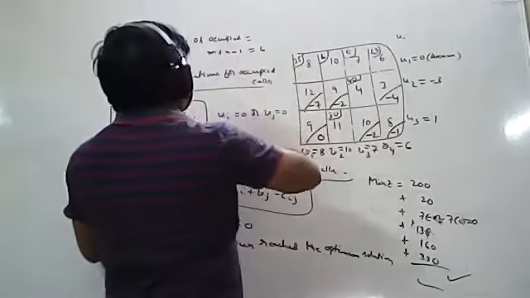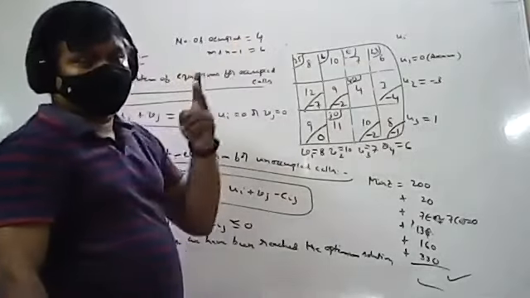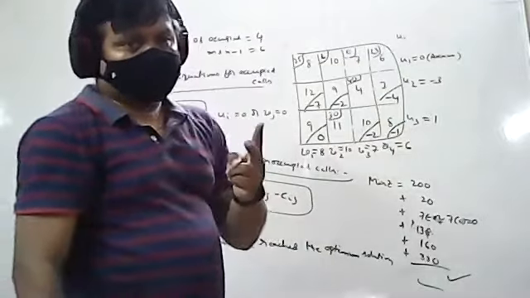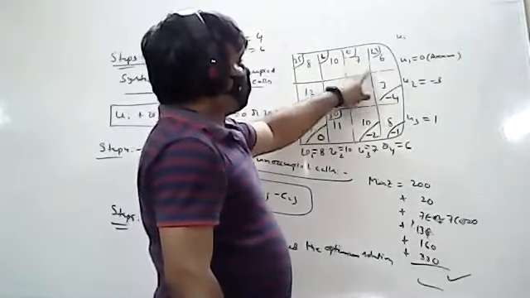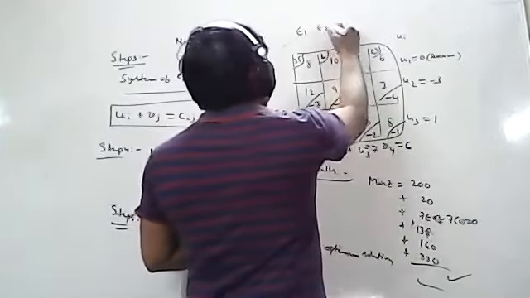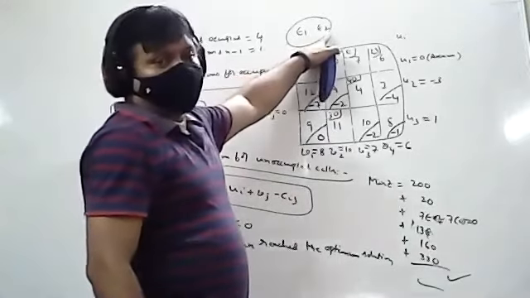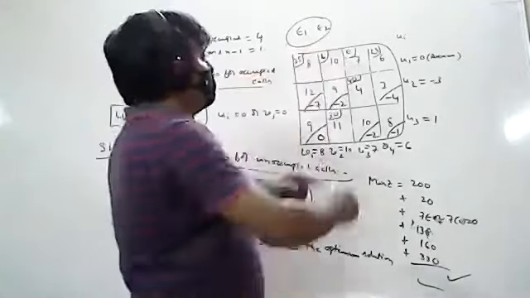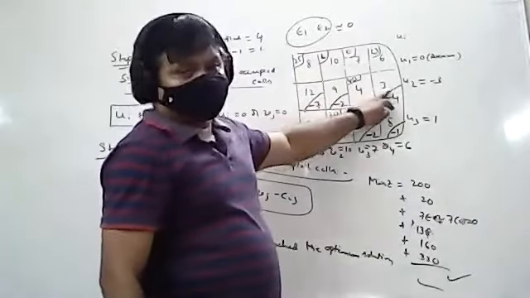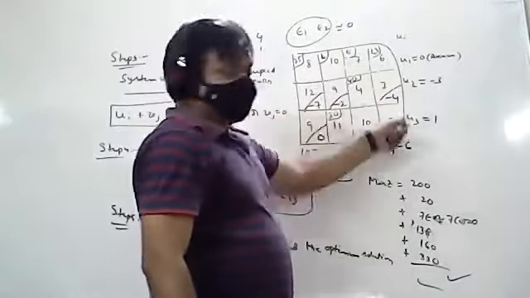Sometimes I will get only 4 occupied cells. That means how many cells difference are there? 4 is less than 6. That means how many cells shortage is there? 2 cells. That means you have to select 2 independent positions. Suppose 7 is the smallest element, and both places you got 7. So you can take epsilon 1 and epsilon 2, because 2 shortages are there. But these values are equivalent to 0. For this 7 you can consider epsilon 1, for this 7 also epsilon 1, for this 7 you can consider epsilon 2, if 2 cells are less. Okay. So you have to repeat the procedure as is.